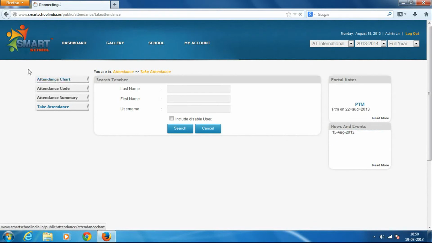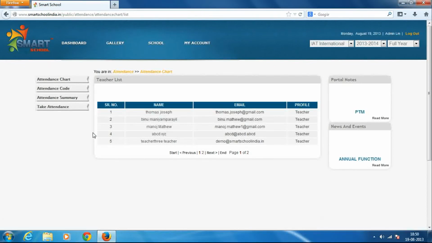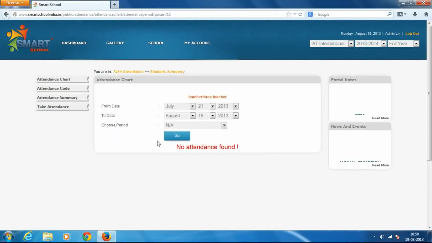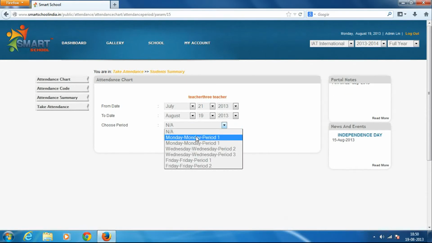Then we have attendance chart. In attendance chart, all the data of the attendance would be visible day wise, period wise. In this, you just need to select the from date to date and particular period for which you need to see the attendance, and you would get a list of the detail.